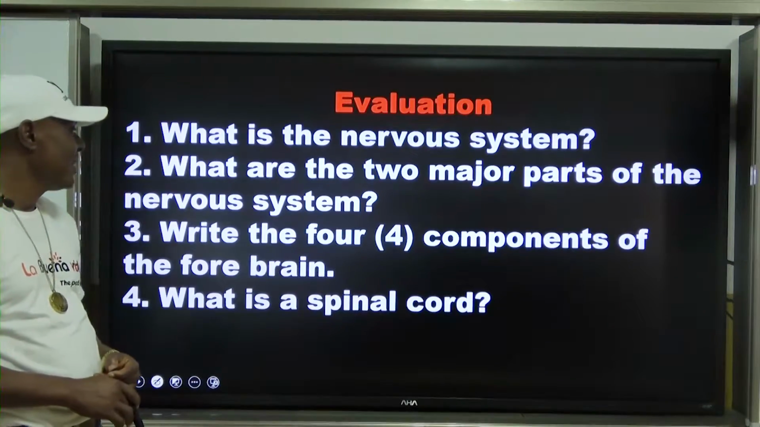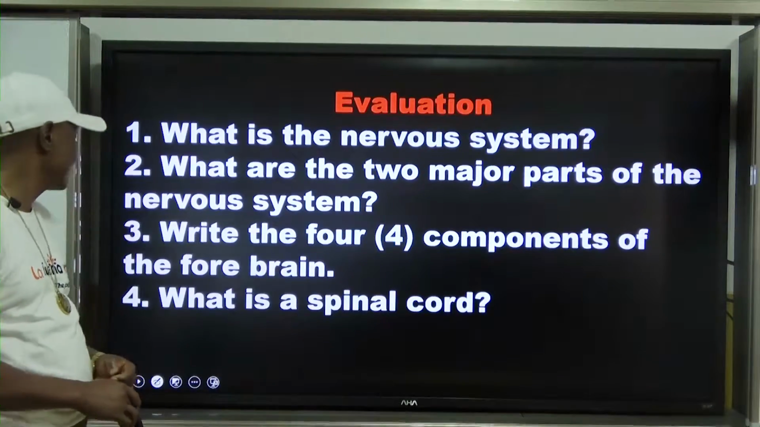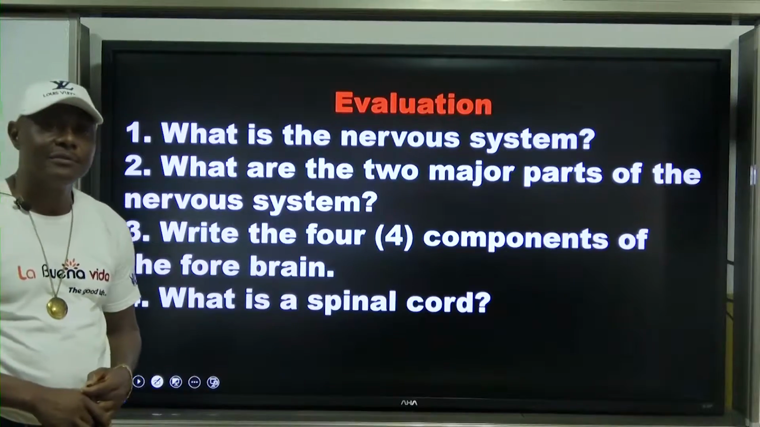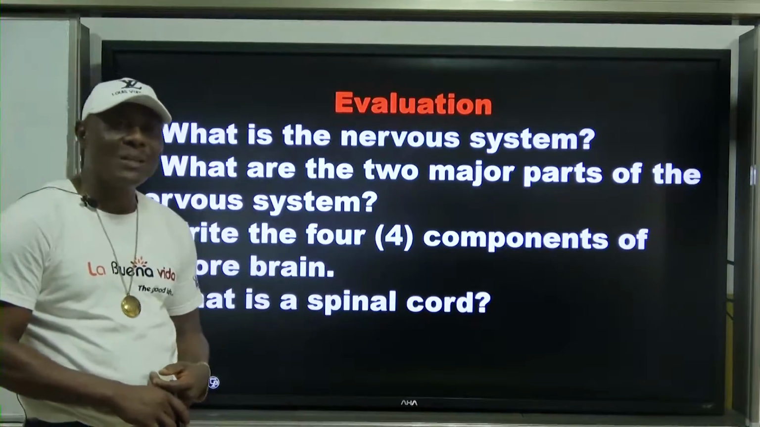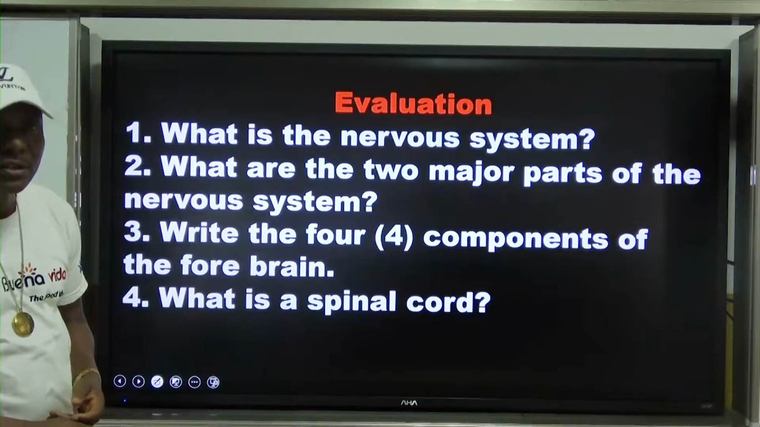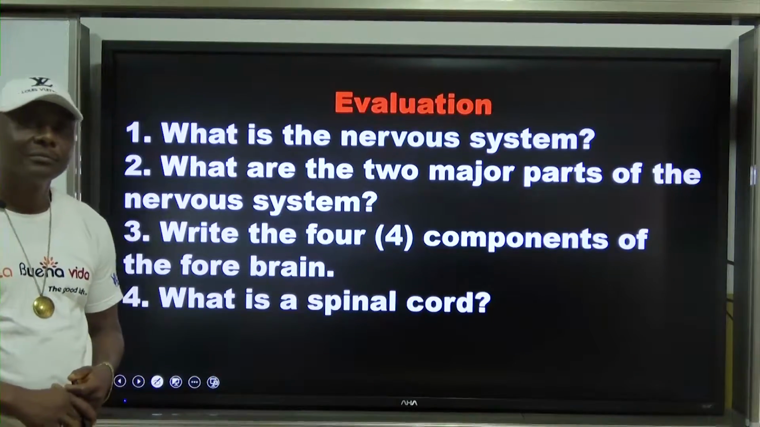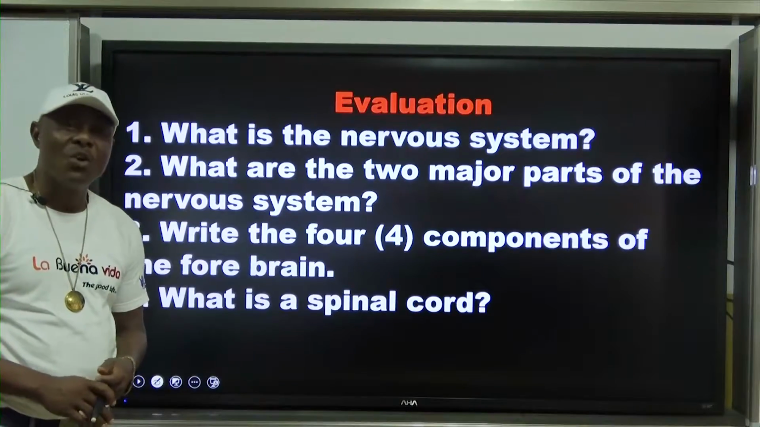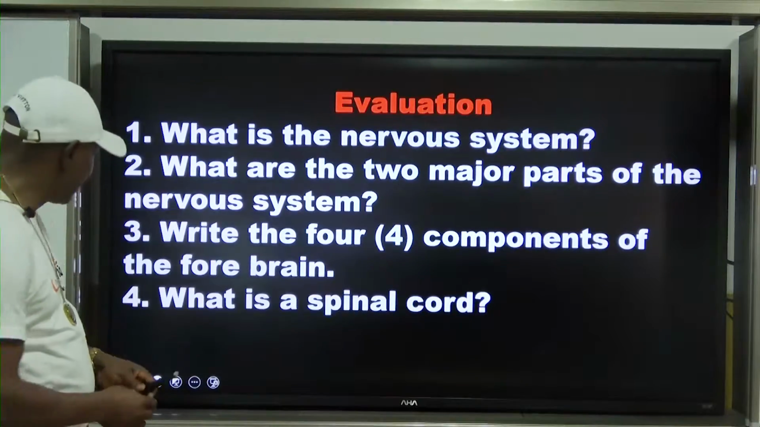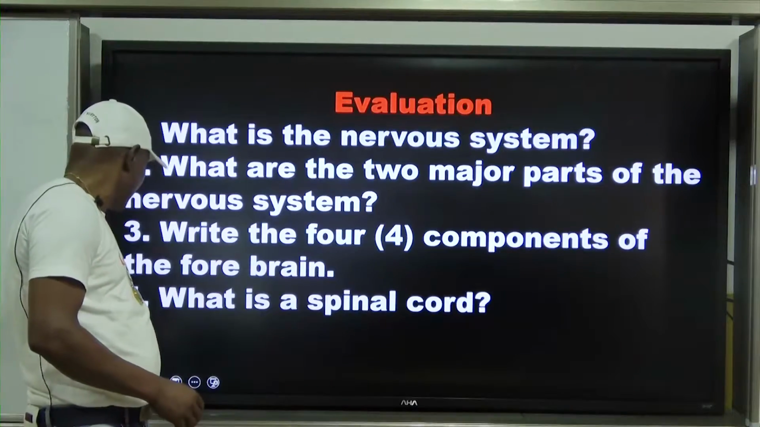Number 3, write the 4 components of the forebrain. We say the forebrain is made up of 4 major components. What are these 4 major components of the forebrain? What is a spinal cord? If you have done that,